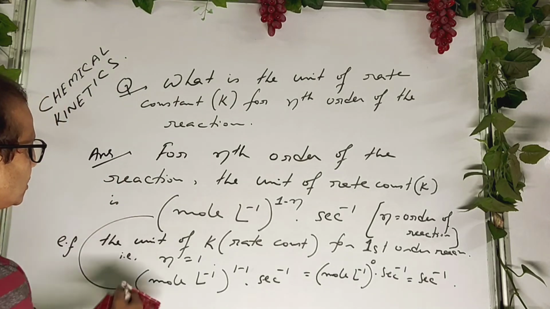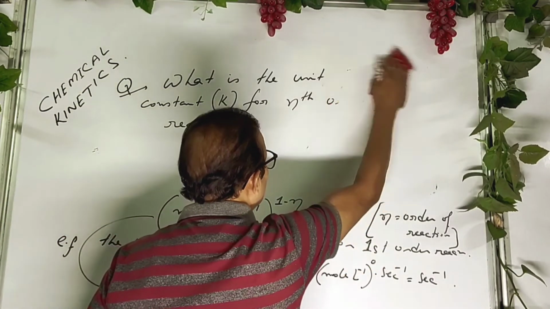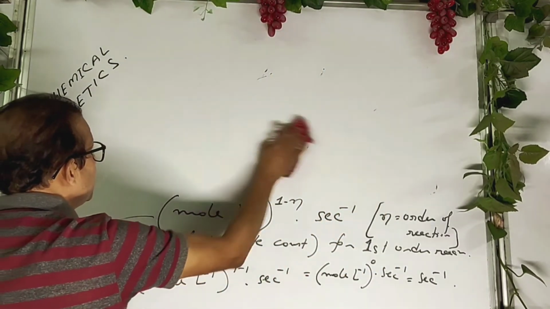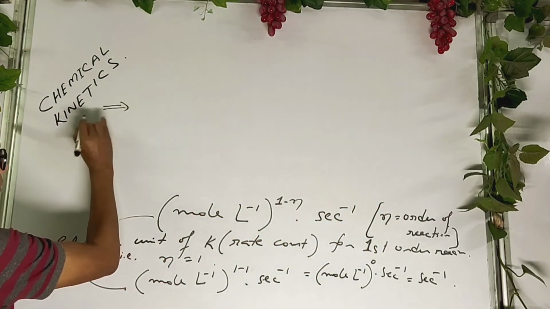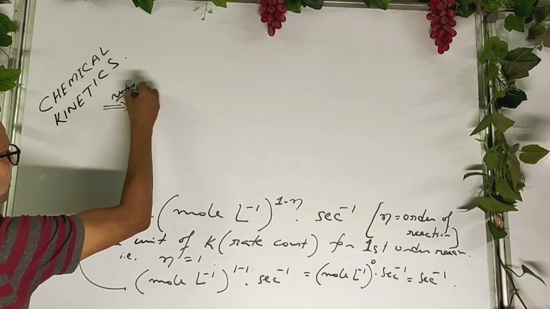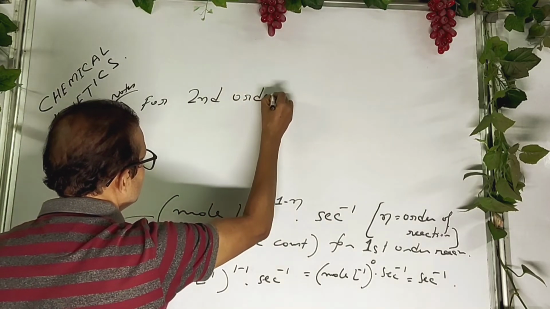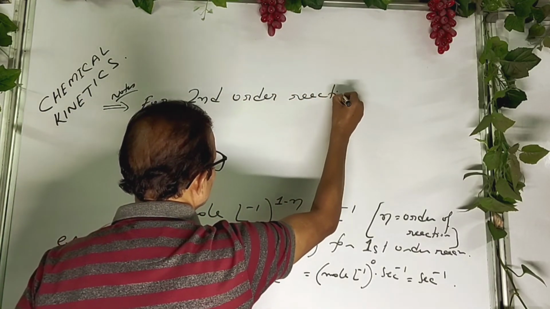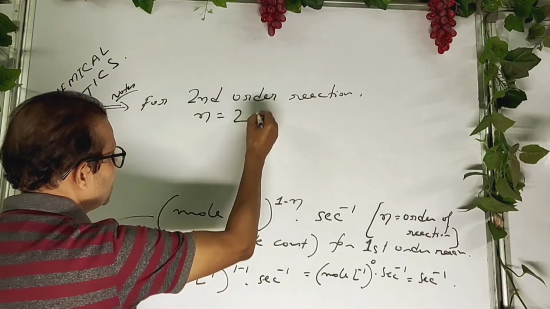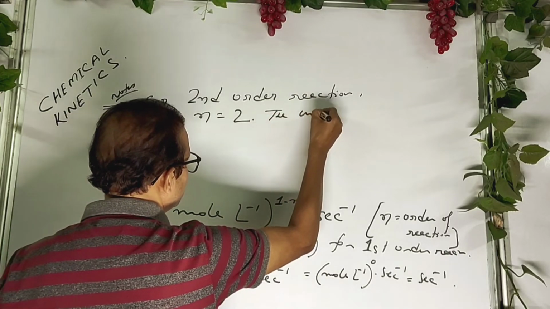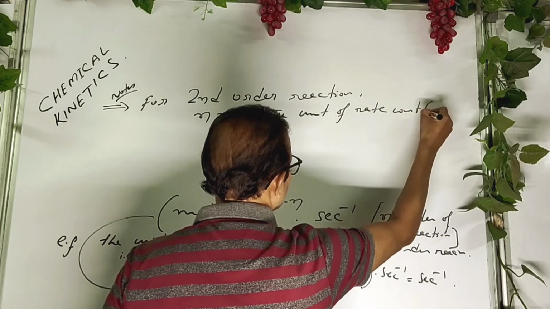Similarly, for second order reaction, how to write the answer? Okay, just try for second order reaction. That is another important question for board. So listen, this is the note, okay. For second order reaction, n equals 2. So the unit of rate constant, that is K,